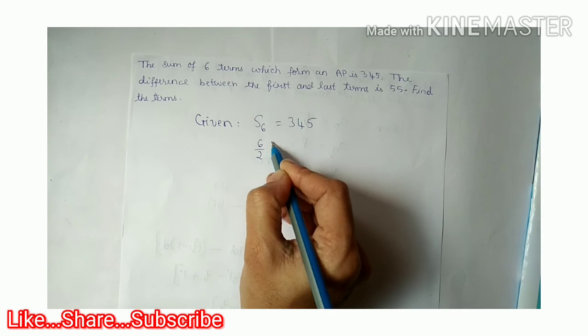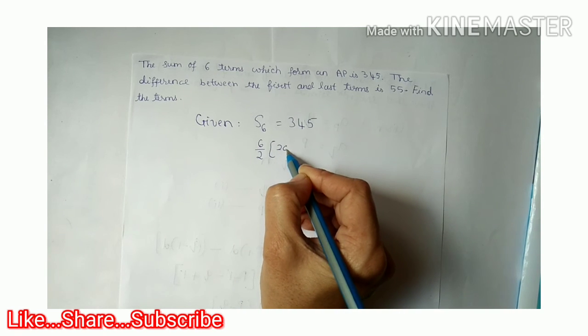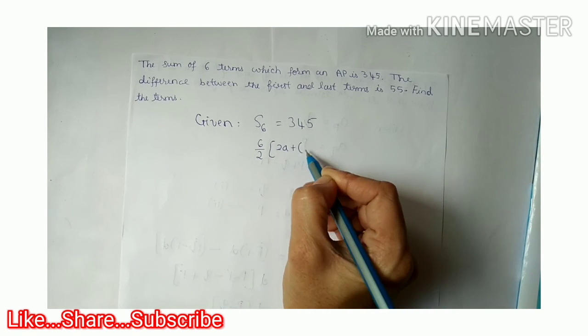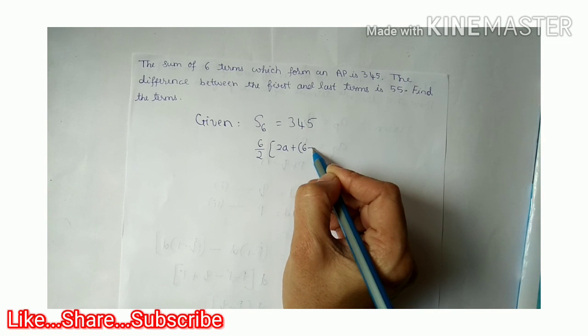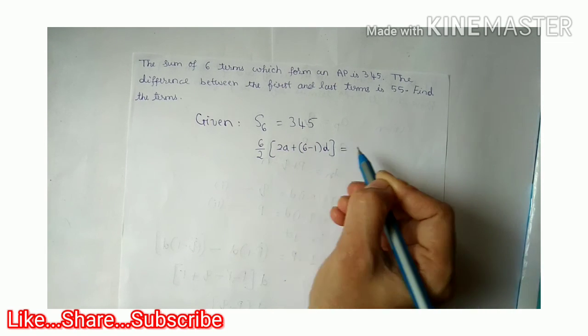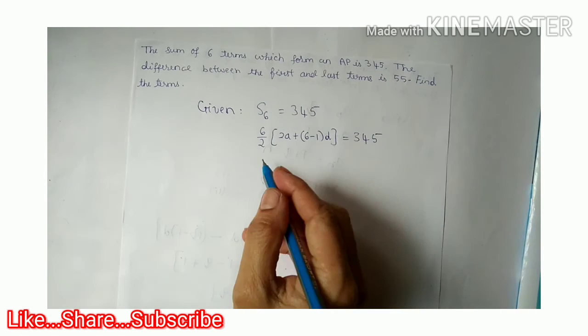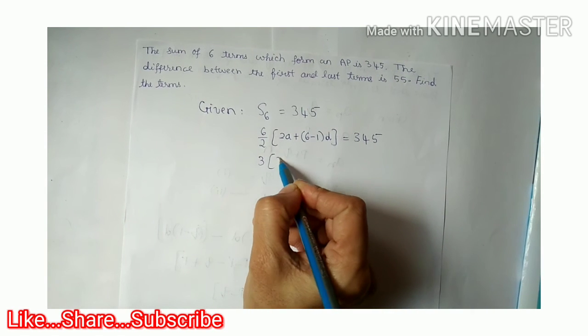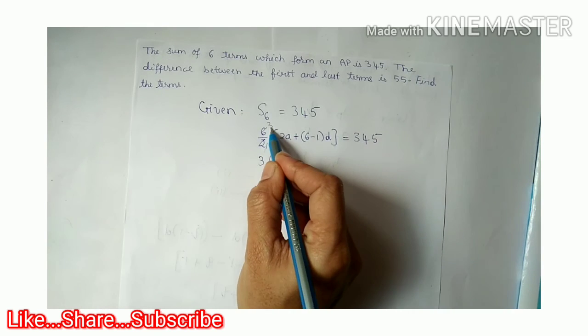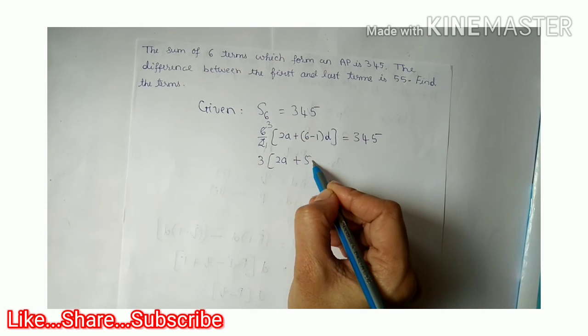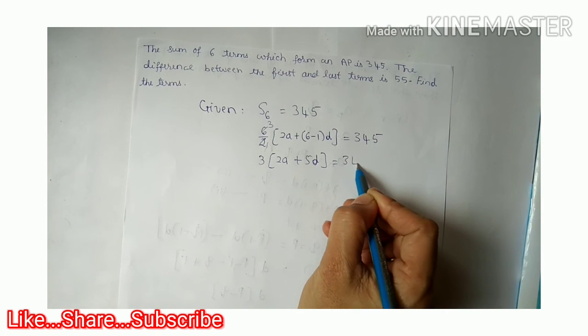Therefore 6 by 2 into (2a plus (6 minus 1) into d) is equal to 345. A is the first term, d is the common difference. 2 threes are 6, 2a plus 5d